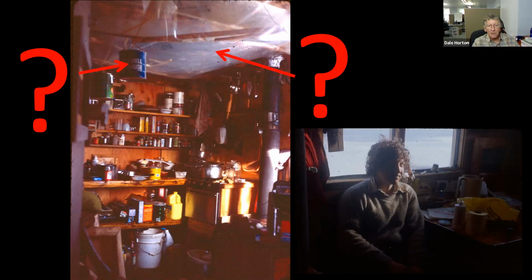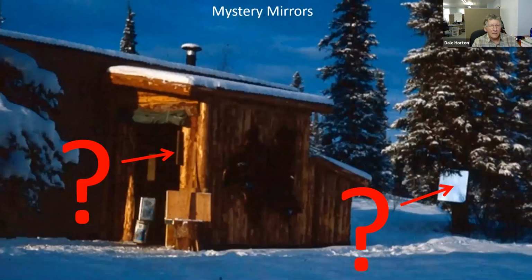I'm very proud of the double pane windows I handmade with electrical tape and a little bit of desiccant. This was back in 1981. And then I was also proud of these mystery mirrors. This mirror I put on here because we only had north windows and we wanted to be able to see the sun. So I put a mirror out to reflect the south and get a look at the sun once in a while from inside the cabin. And this mirror here was because we had a grizzly bear that was wandering around the compound, and I wanted to be able to see whether there was a grizzly